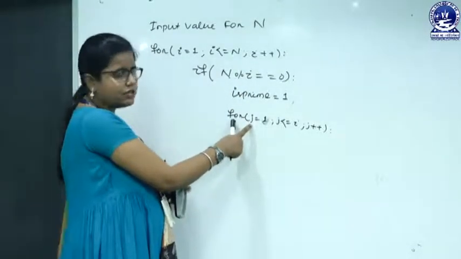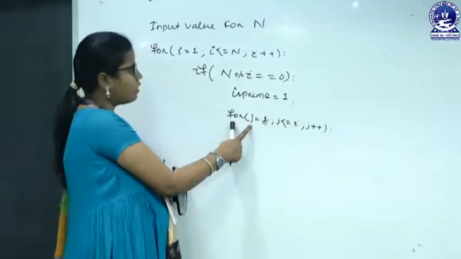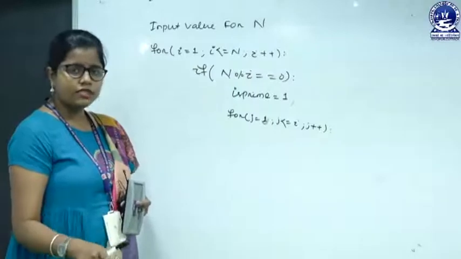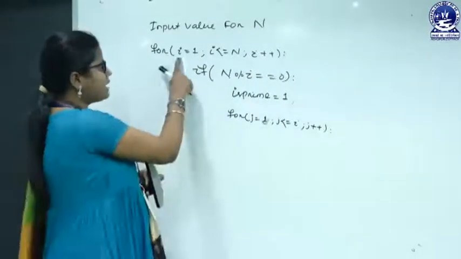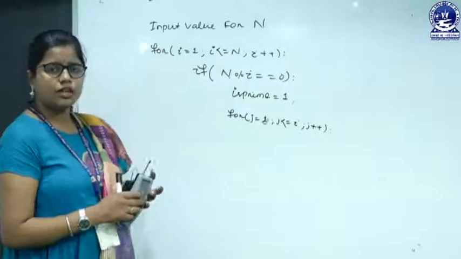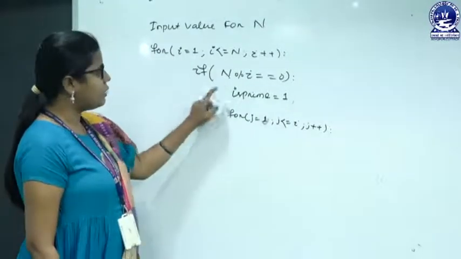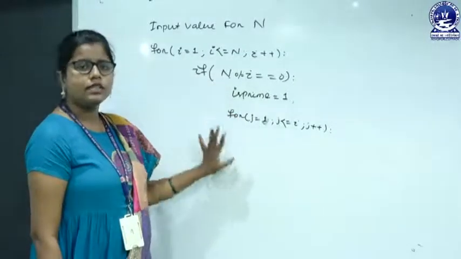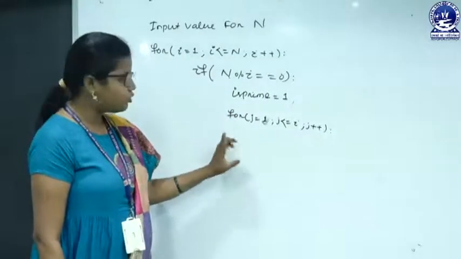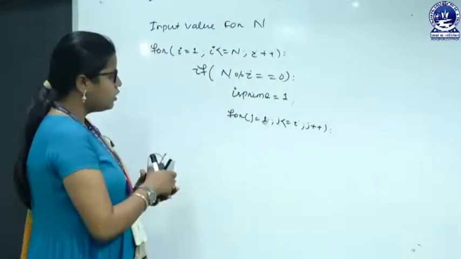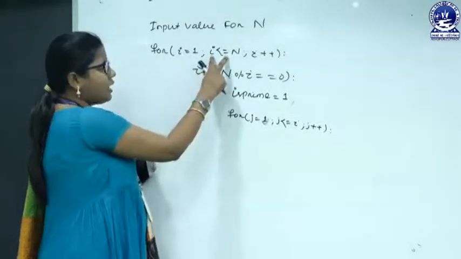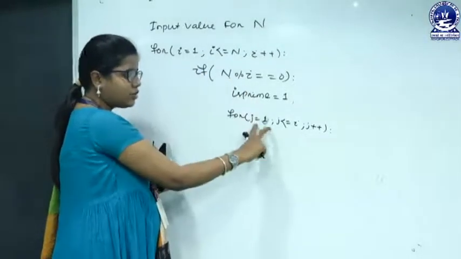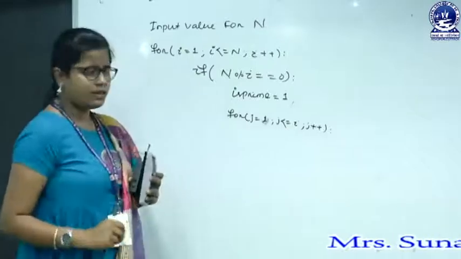This seems like complicated, but this is not. For n, we have to find out the factors. That's why we are taking a variable that is I. Now to check whether this I is prime or not, we have to find out all the factors of I. That's why we have to take another counter variable, that is j. So like I equals 1 and I less than equals to n, here we have to find out the factors of I. So j equals to 1, j less than equals to I.